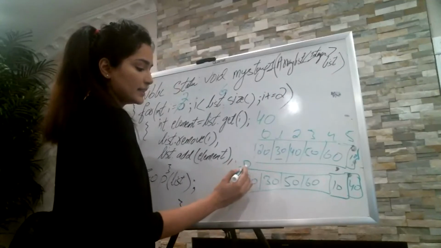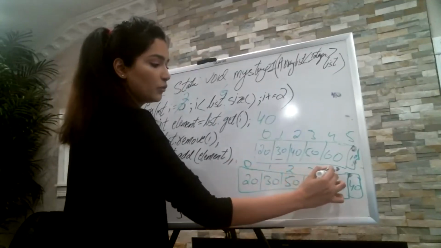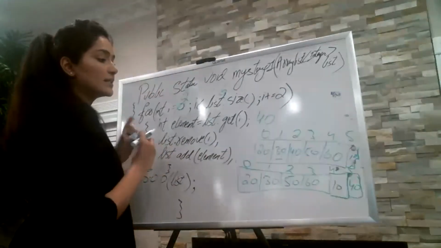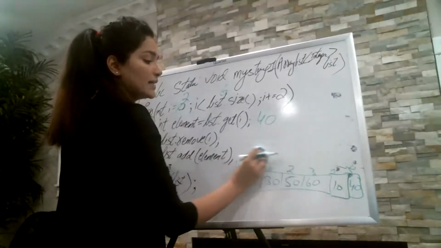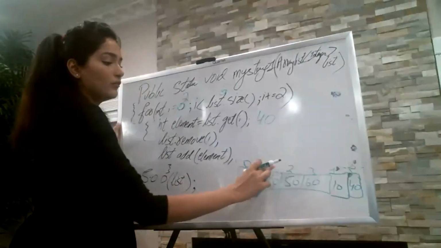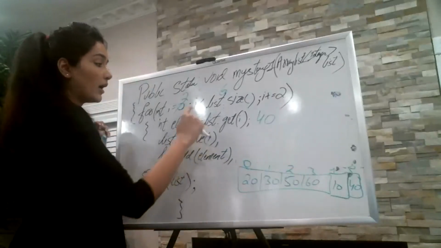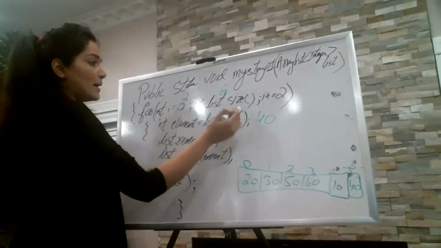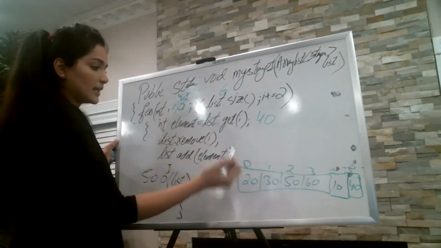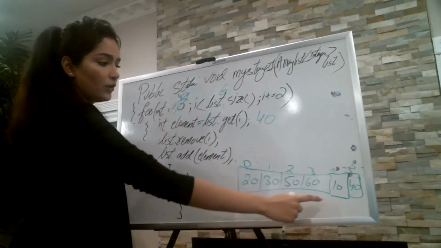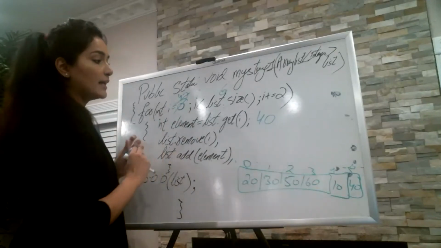Again, name the indexes 0, 1, 2, 3, 4 and 5. So in an ArrayList, naming the indexes matters a lot because every time your indexes are changed, every index is holding a different value after every iteration. i plus equals 2. i is now 4. Is 4 less than 6? Yes, list.get(i). What do we have at index 4? As you can see, you have 10 at index 4.